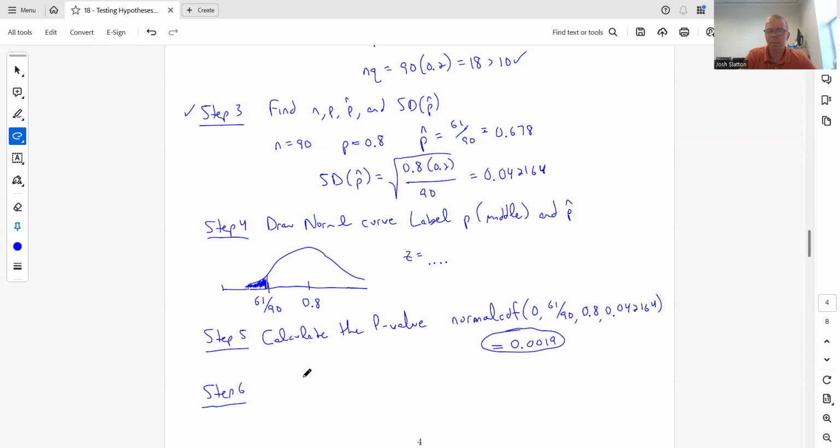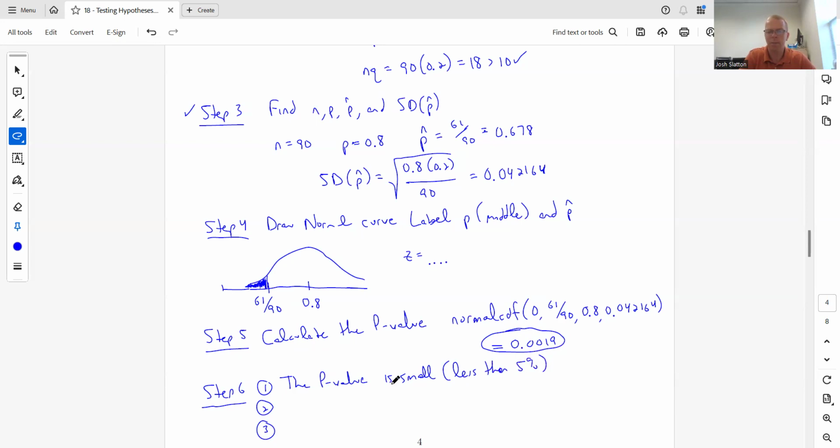So, and I usually write these three little statements. In step 6, state your conclusion. So in this case, is the p-value small or not? And if we're using 5% as a cutoff, that p-value is small. So the p-value is small, and by that we mean